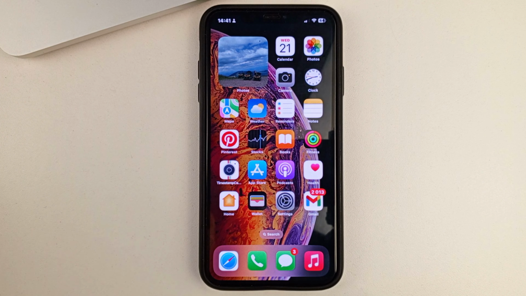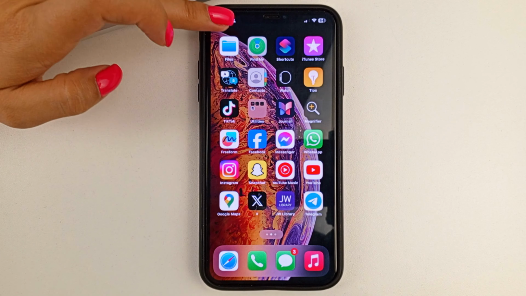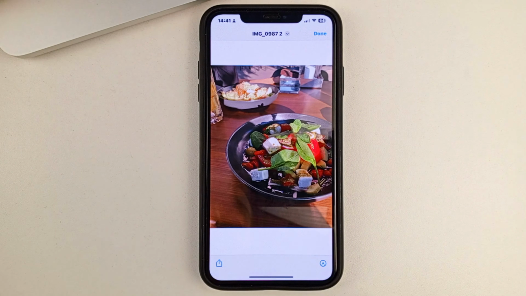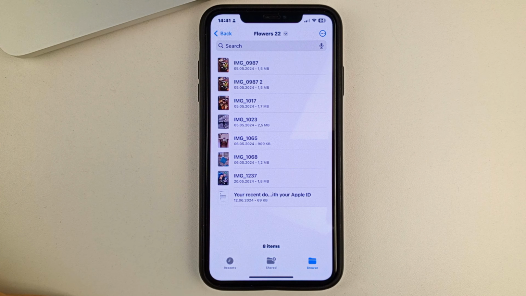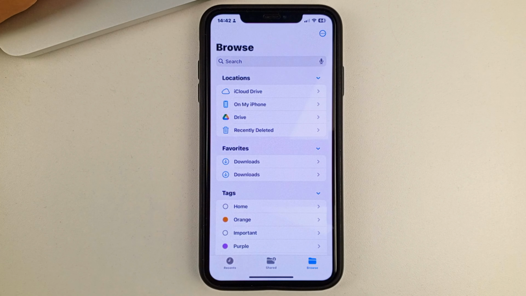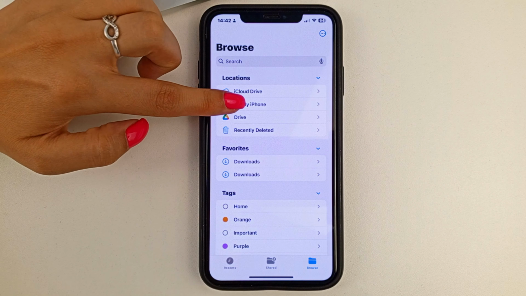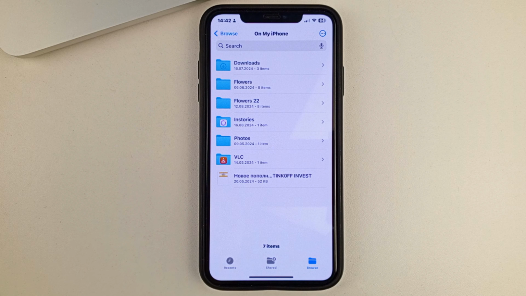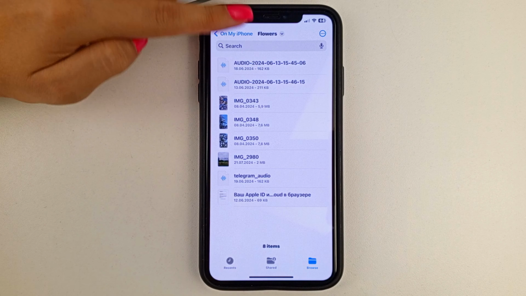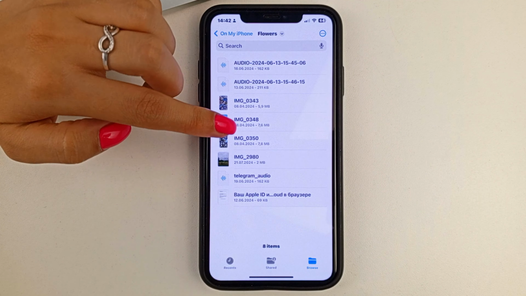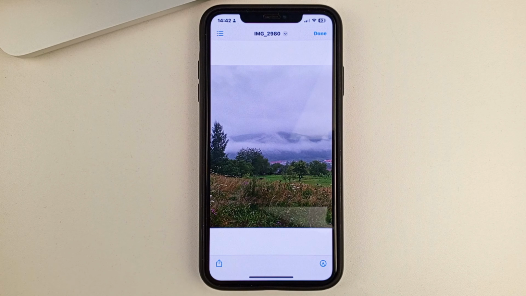So friends, you will transfer the image from gallery to files, and you can see that if you open the Files application. Now you will have to click on the View section at the bottom. Then select My iPhone or iCloud, depending on which folder you saved the image to. You'll need to find that folder, and you open it up. And you can find the image that we now have in the files.